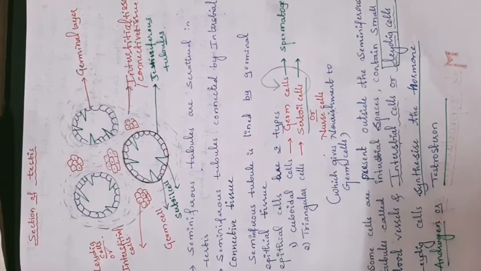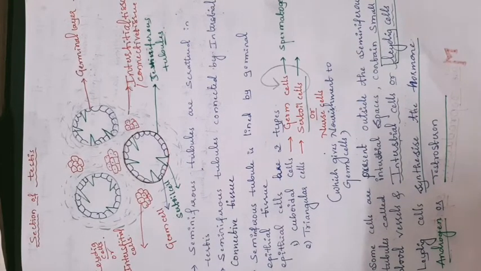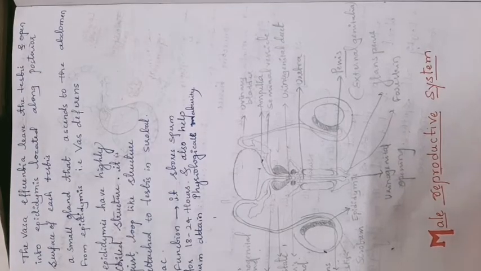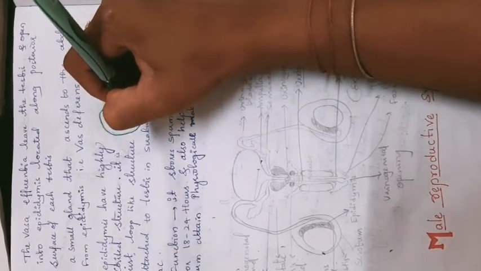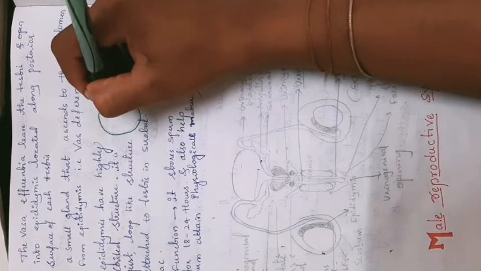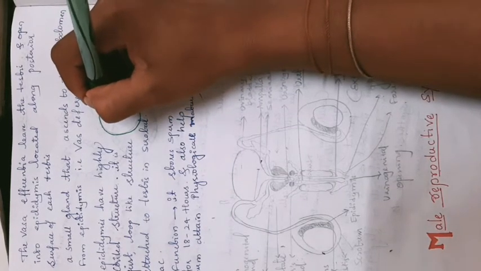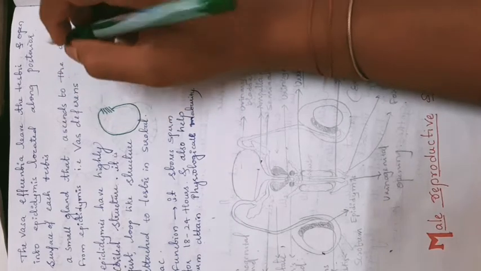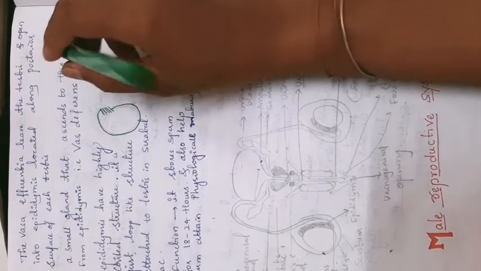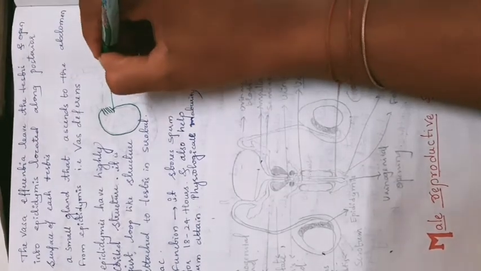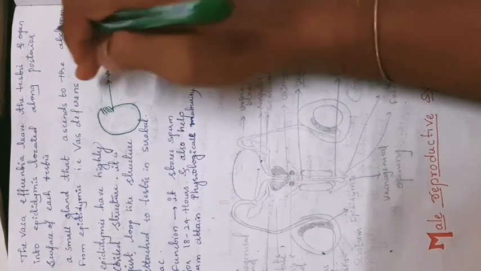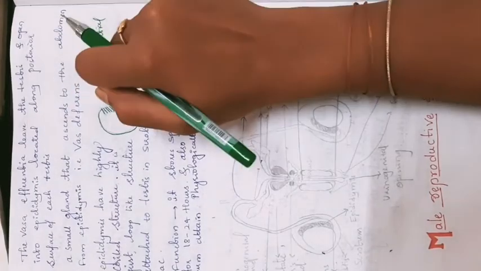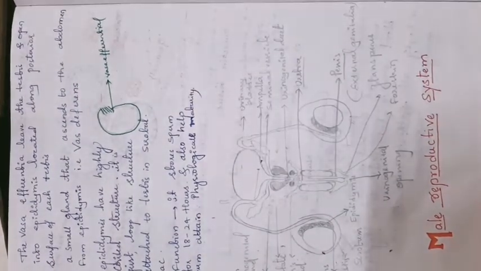Let us move to the detailed structure of the male reproductive system. We already discussed the path of sperm production. Okay, this is the structure of the testes. Finally, a duct which leaves the testes is called the vasa efferentia. The vasa efferentia leave the whole structure of the testes, which is present inside the scrotum. Okay, don't forget that.